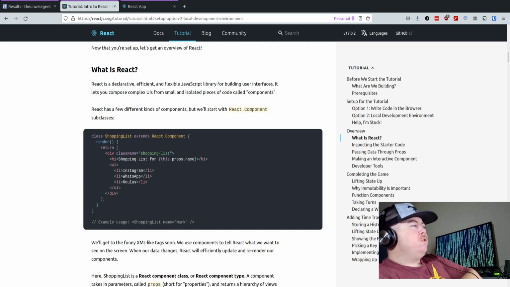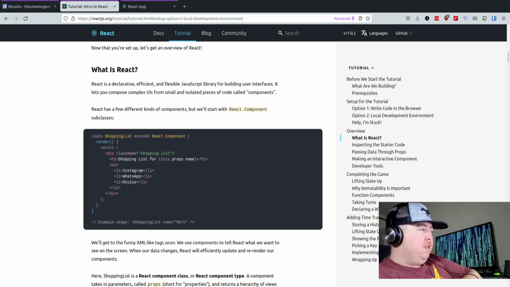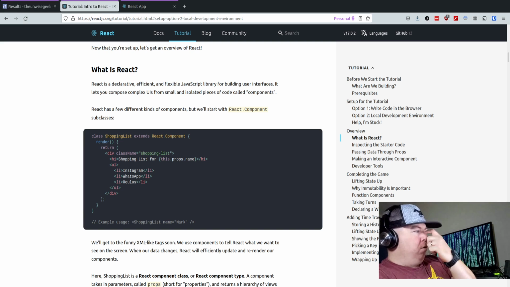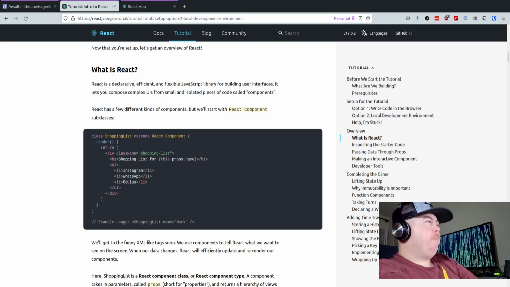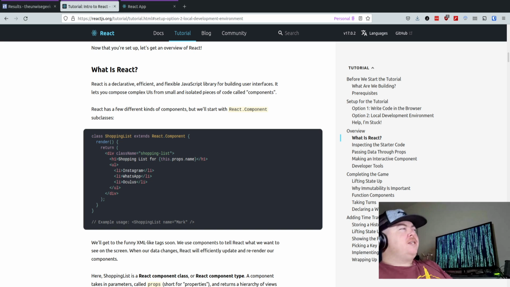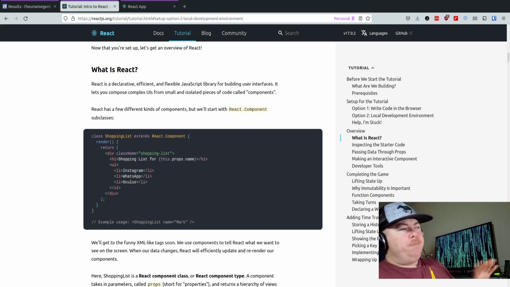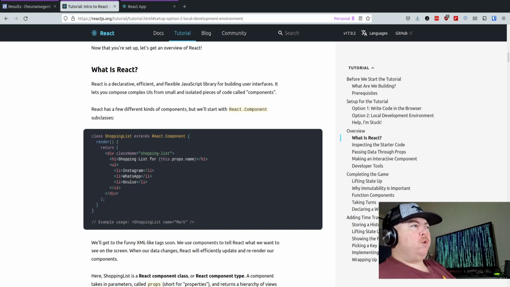React lets you compose complex UIs from small isolated pieces of code called components. React has a few different interfaces, so React.Component like that. Okay. So, to give a little background, the reason I'm attacking this intro to React tutorial is I mentioned a few minutes ago that I want to do button commands that can interact with different aspects